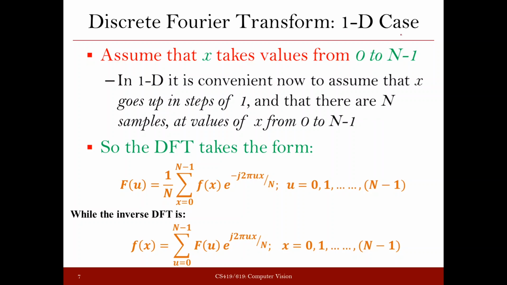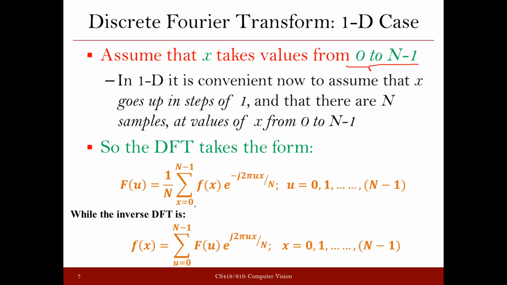So now let us assume that there is a function f(x) defined in 1D, and the values that x is taking in the function f(x) are ranging from 0 to n minus 1, which basically means that your function f(x) is defined for f(0), f(1), f(2), f(3), and so on until f(n minus 1). Right? So you have a total of n values. With the help of n values, function f(x) is defined.